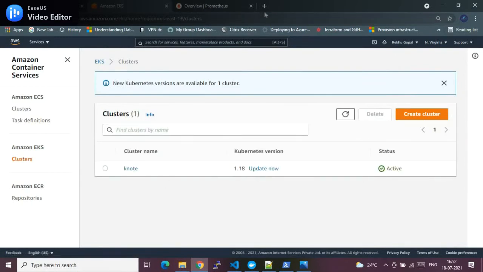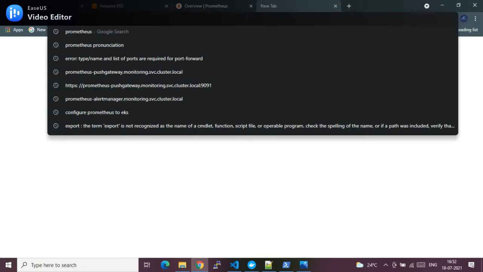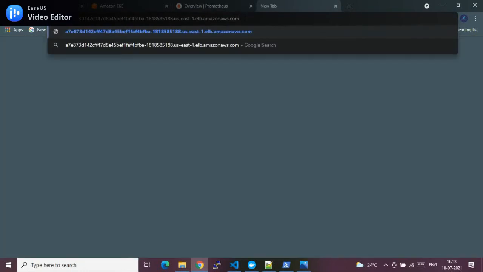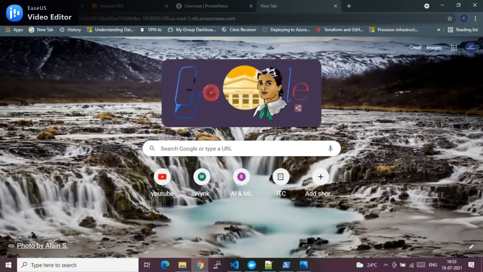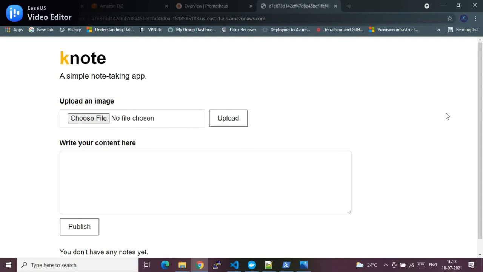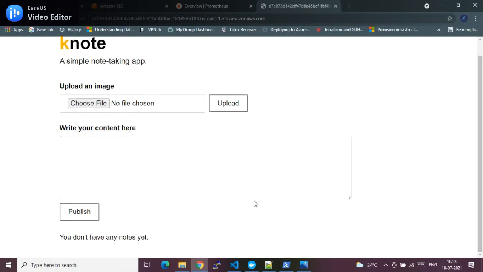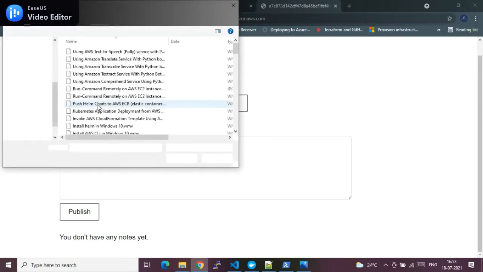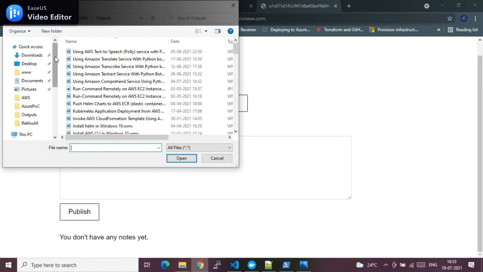Now let's see if that application is responding by invoking that FQDN on the internet. As you see, I'm browsing that URL from my browser. Here you go, the application is completely running and working successfully. To do some small testing, I will upload one example image file. This is a note taking application, just for your information. Let's see if the application is responding correctly or not.